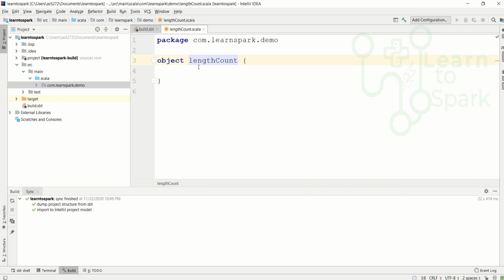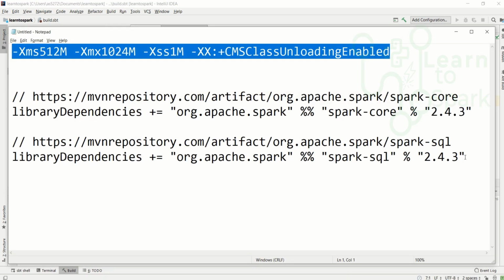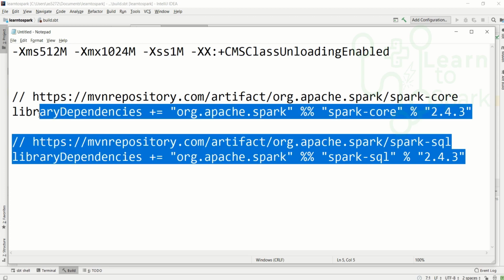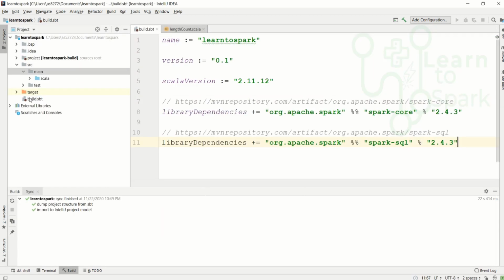So here you can find we are done with the .scala object creation, and another thing that we need to do is edit our build.sbt. We need to add the library dependencies. We need to add two dependencies for now, which are Spark Core and Spark SQL. I mean, Spark SQL is not needed. We need only Spark Core, but since we are using SparkSession, I am putting that as well. So let me copy paste it here. It is asking whether we need to enable auto import. I am enabling it so that once the build.sbt is changed, it will automatically reflect the changes.